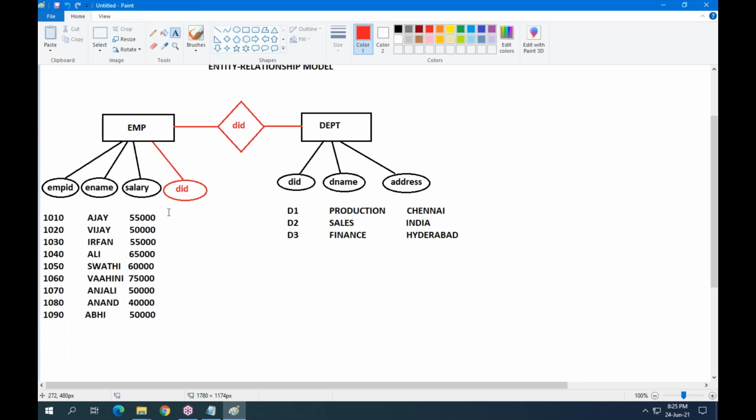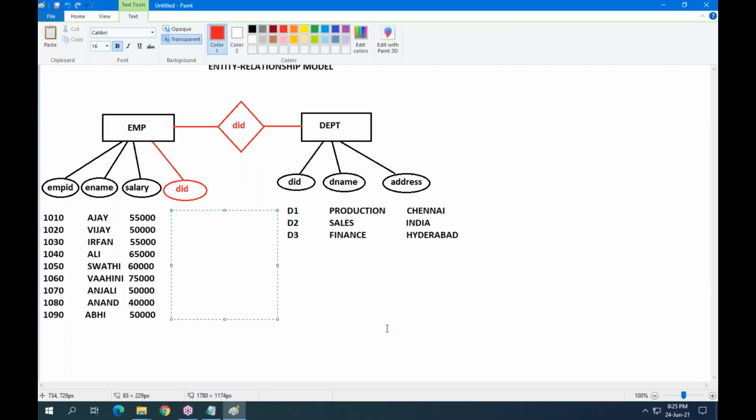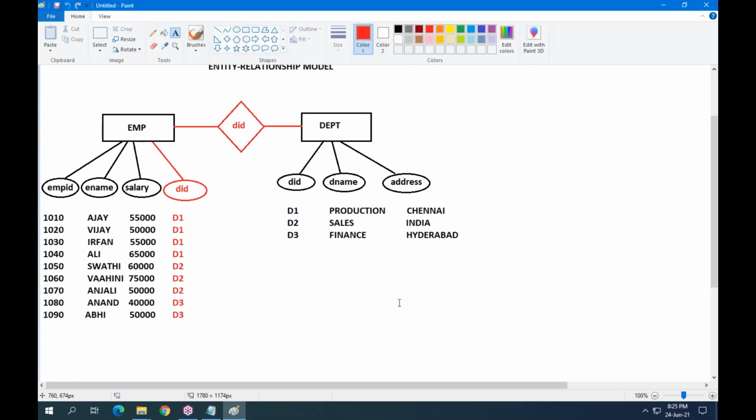So let me give you some values here. Casually I am giving: D1, D1, D1, D1, D2, D2, D2 and D2. Last D3, D3. If you have a relation like this,